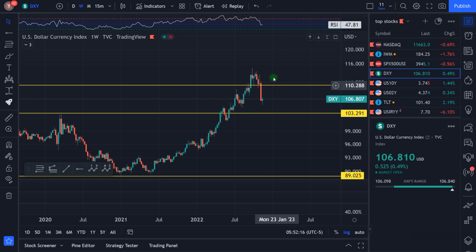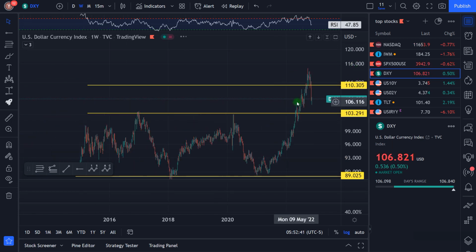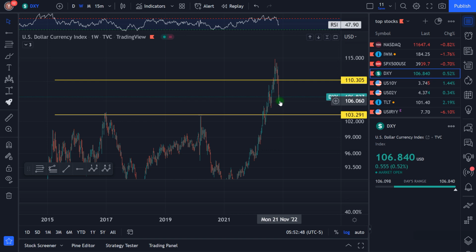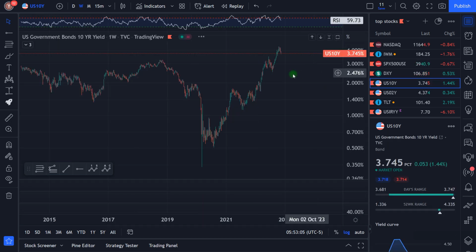Here we can see a pullback in its price. The high level was 150. Now it's 106. So after the inflation maybe starting to come down, the stock market showed a rally, and also the DXY started to pull back, and the nearest support level is 100. So most probably I think it's a high probability to see it, by the way, it's only about 3%, so why not? In one week we can see the DXY a little bit lower, and the US Treasury bond yields, but still continue to be